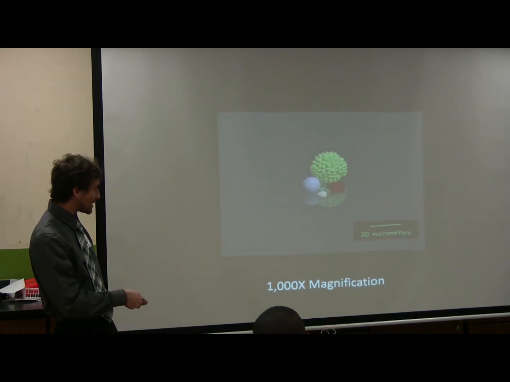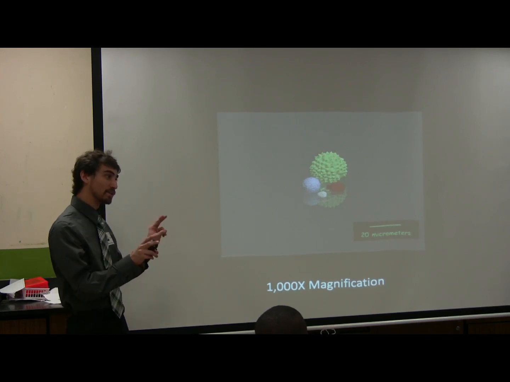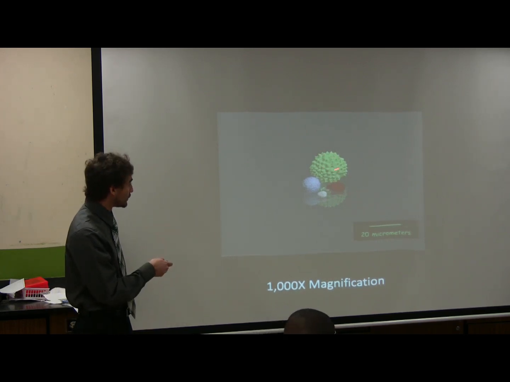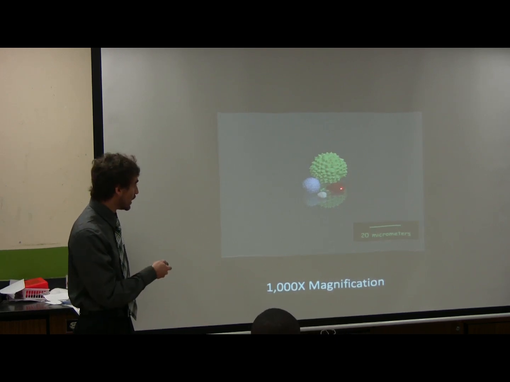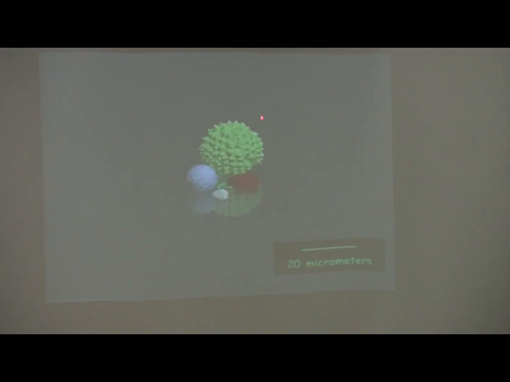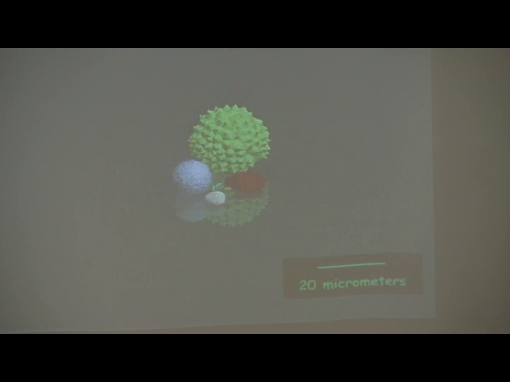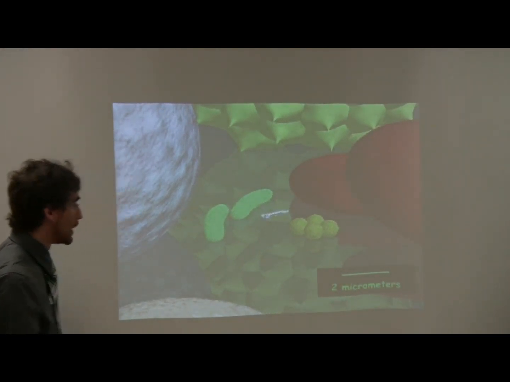Now we're at 1,000 times. And now you can see a few more things. Now we're on a cellular level. And what these larger spheres represent are human cells. And so here's a blood cell. Some of you might see these. They're donut shaped. And these are white blood cells, part of your immune system. If we zoom in more, in between these human cells are now bacteria cells. And some of you may know bacteria are much smaller than human cells. And so this is the relative size. And if we zoom in even more,